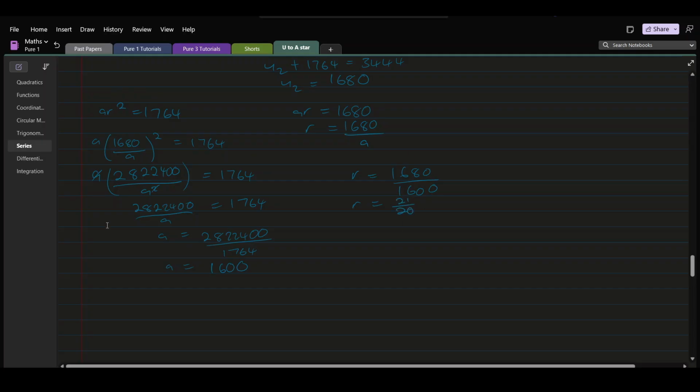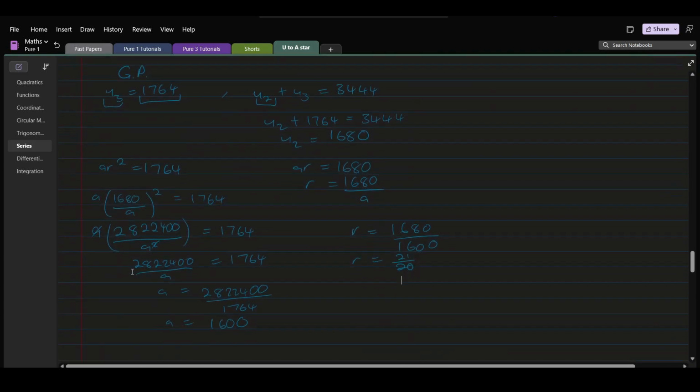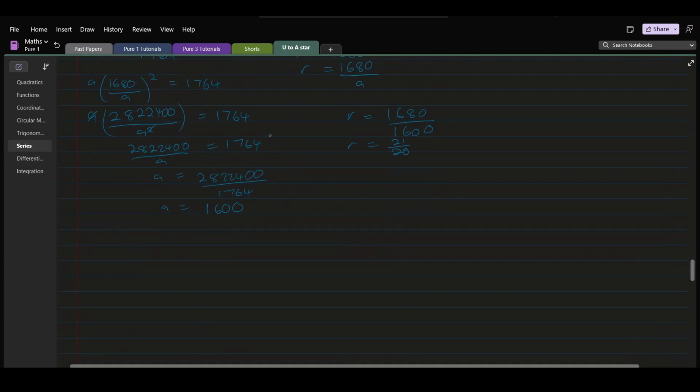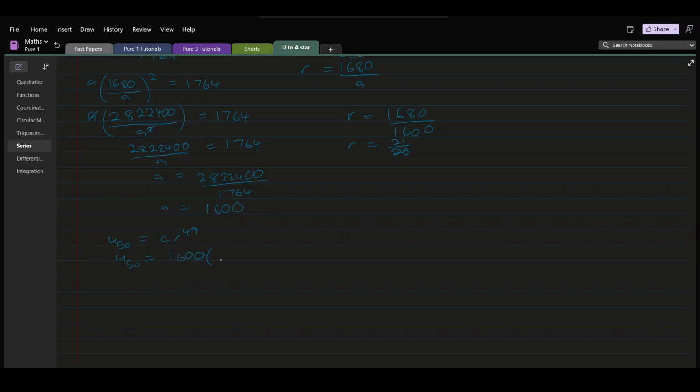Now that we have our values for a and r, we can find the 50th term. So we can do that using the formula for the nth term. U50 is equal to ar to the 50 minus 1, which is 49. So U50 is equal to 1,600 times 21 over 20 to the power 49. Let's punch this into a calculator. That is 1,600 times 21 over 20 to the power 49, and you get